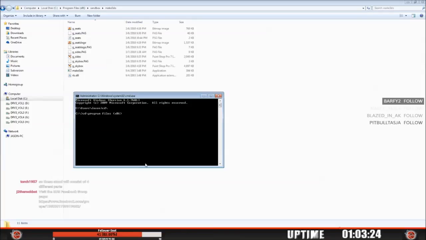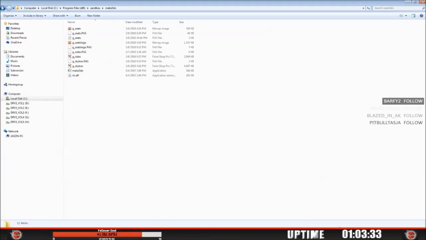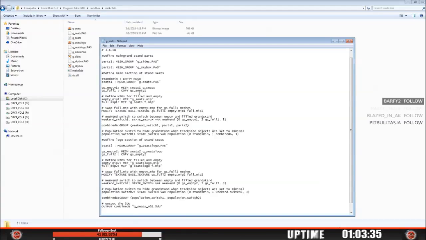Yes, Torch. So in this case, with your script, keep in mind this is how you construct your script. You're combining all those different parts that are defined, so the G sides, the skybox, to include the seats, and so on; those are all being combined. And one of the combines that I have here, for example, is parts 1 and parts 2, combined. So by the time you get to your final output, everything is going to be considered one object, even though you have them all essentially separated by pass file,